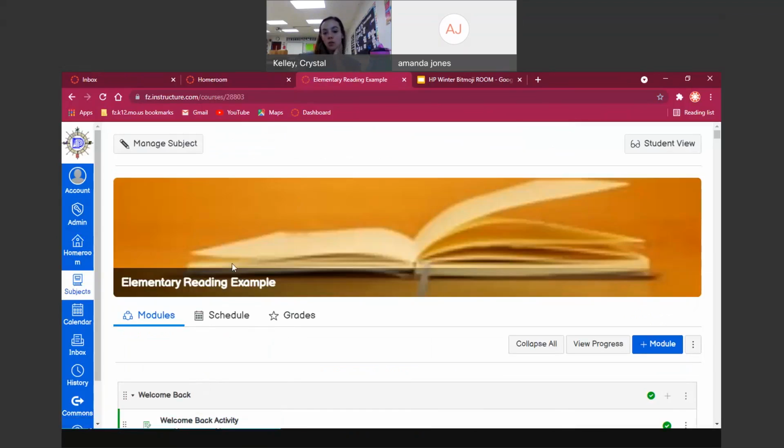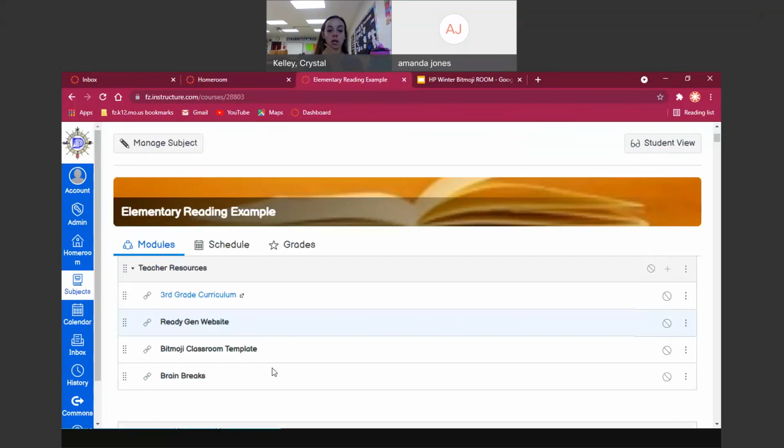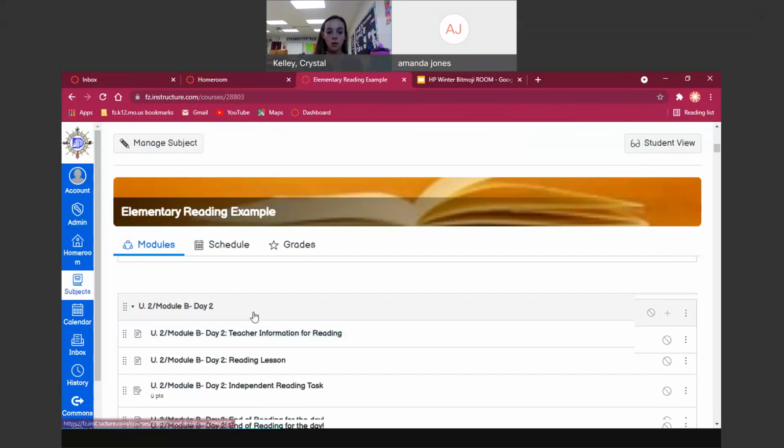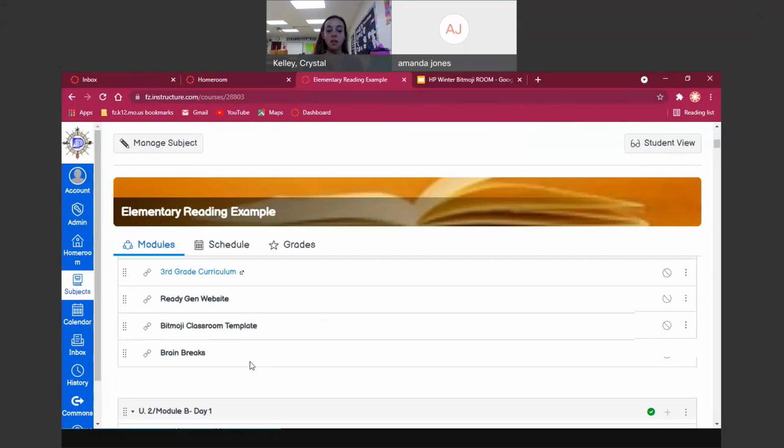Okay, so here's my reading course. Your courses, just like last year, are going to be getting content. First quarter, it's going to become quarterly. It's going to get first quarter content pushed into it automatically. So when you log in, you should see modules and assignments ready to go. They should